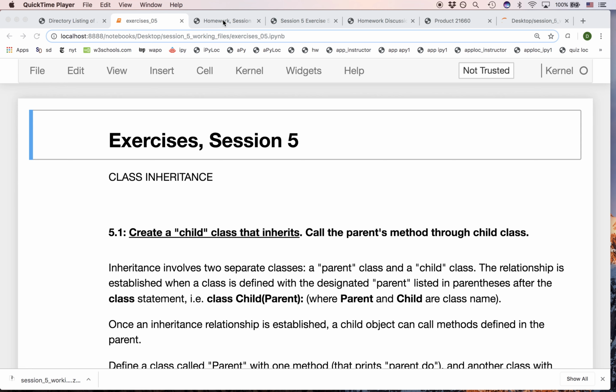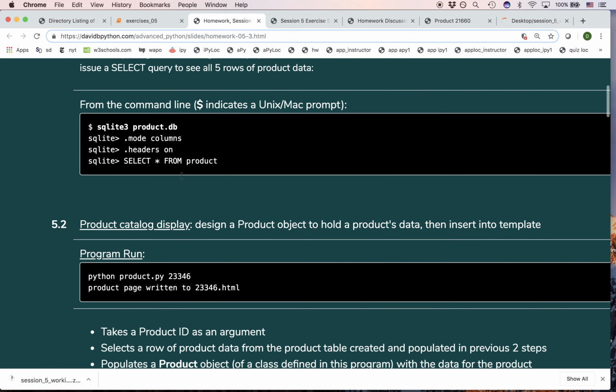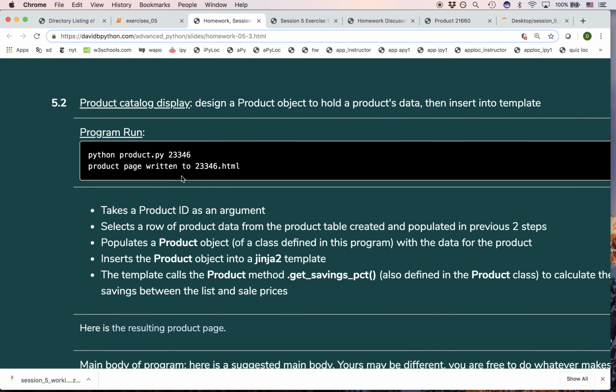The first is an ETL utility script. That just means extract, transform, and load. That just means take data from somewhere and put it somewhere else. We're going to take data from a JSON file and insert it into a database table. And then secondly, we're going to design a product object that will hold a single product's data and then insert